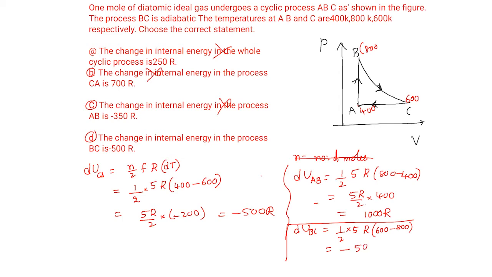Minus 500 R. Children, there was time with the offline students, that's why I gave all these formulas. For thermodynamics and kinetic theory of gases also, I gave the formulas for them. But for you, I didn't give them because I thought there would be only one class today. So that's why I didn't give formulas for those two chapters. Okay, shall we go to the next one? Understood this problem?